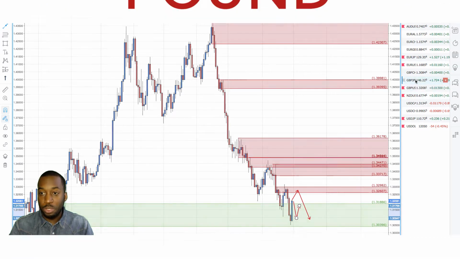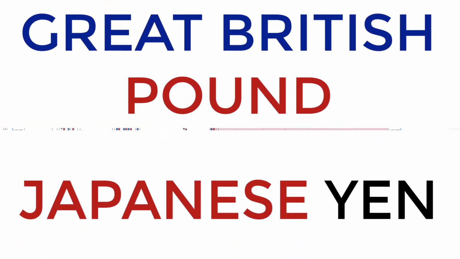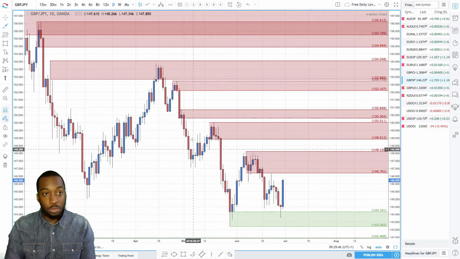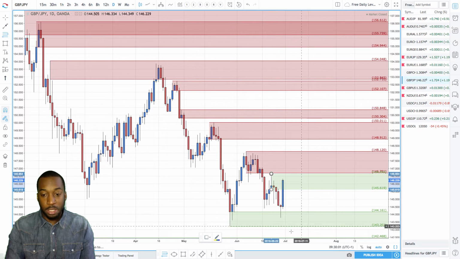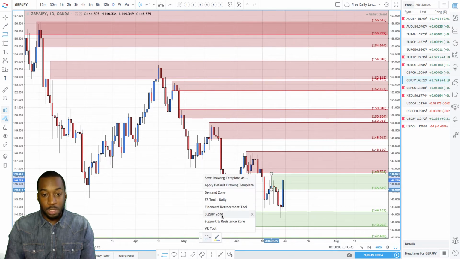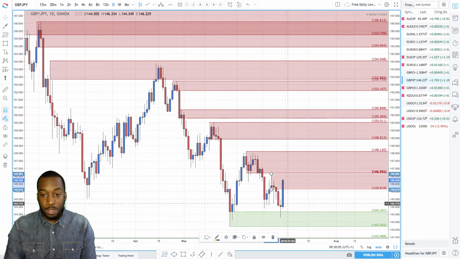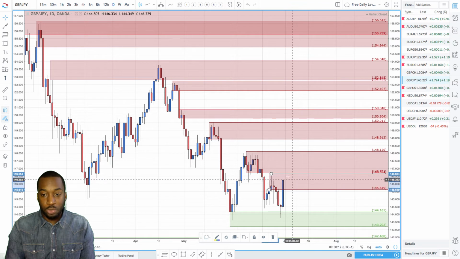So the pound yen, again, some pound strength going on, right? And obviously risk sentiment has changed. So we came down into this demand zone, and we've pushed up to the upside. And technically this is actually a supply zone, because we did make a lower low with this candlestick here, so we could see some potential